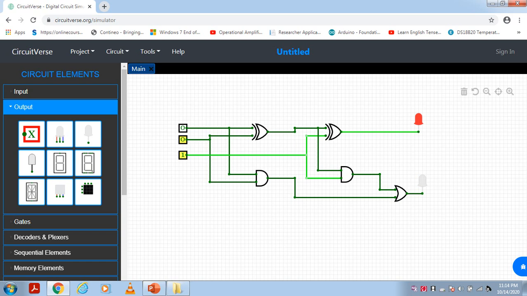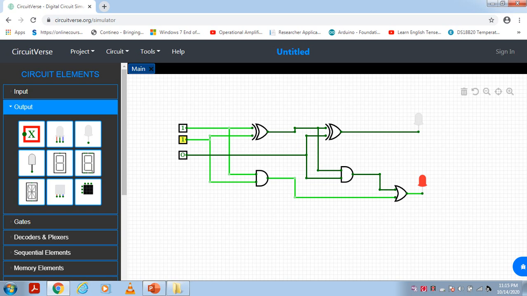Next, the input is 4, 1, 0, 0 combination, the sum is 1 and carry is 0. The input is 1, 0, 1 combination, sum is 0 and carry is 1. Next one is 6, which means the input is 1, 1, 0.